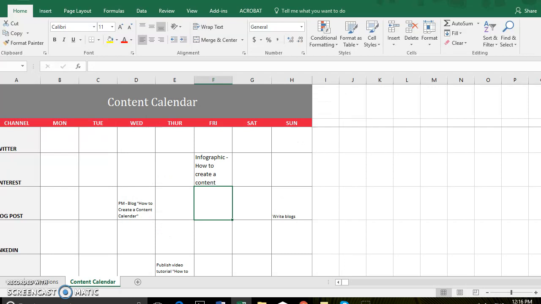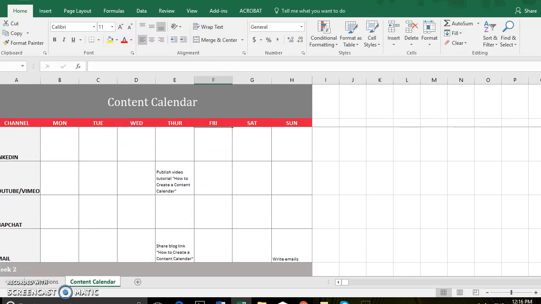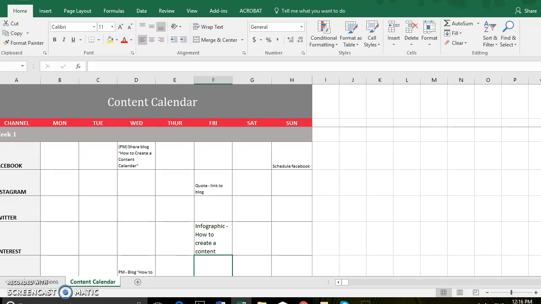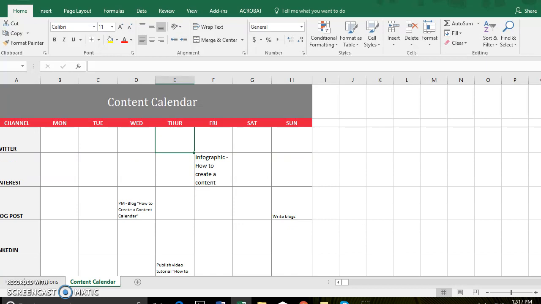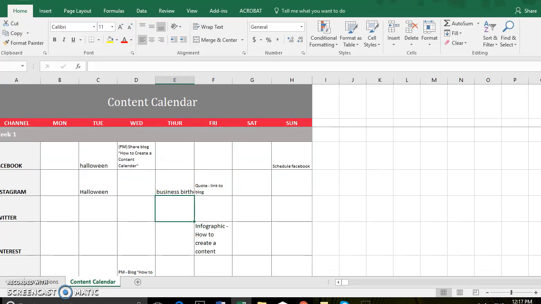you turn it into an infographic, and you share it on your Pinterest page. So go through and then look at your business events. So maybe Tuesday, it's Halloween. So you want to do a Halloween post. Maybe Thursday is your business birthday. And so forth. So go through and put your key events in, your business events, the seasonal events, populate that,